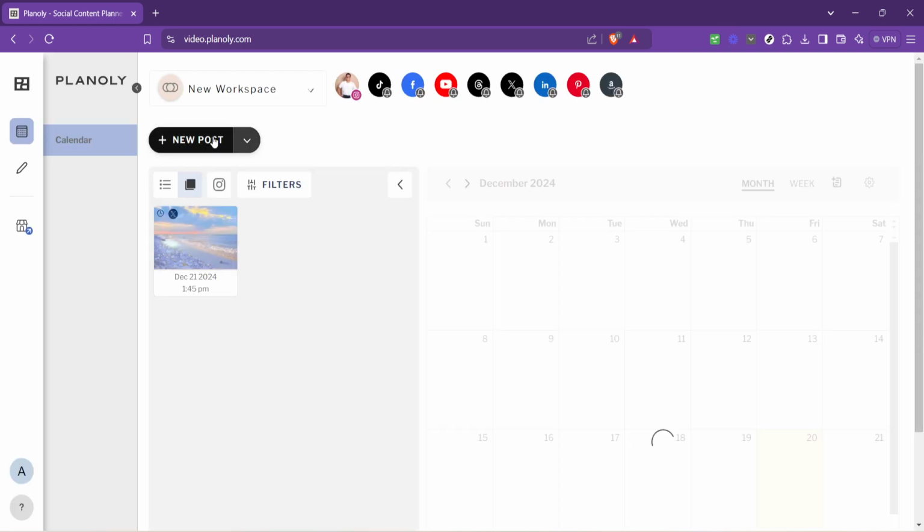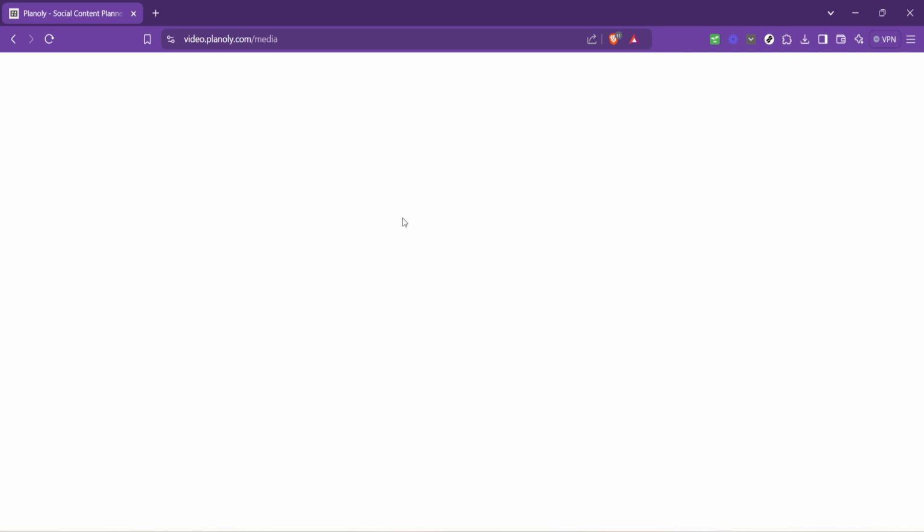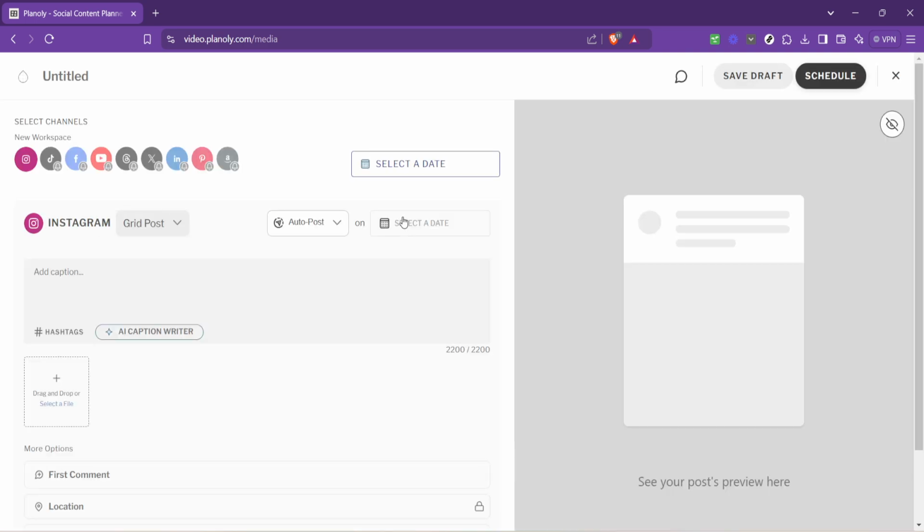Before you proceed, take a moment to select channels. This means choosing the social media platform where you want your post to appear. Planoly supports various platforms, so make sure you pick the right one. Now select a date and time for your post. This scheduling feature is what makes Planoly a game changer for social media management. You can plan your content in advance and have it go live at the most impactful times without manually doing